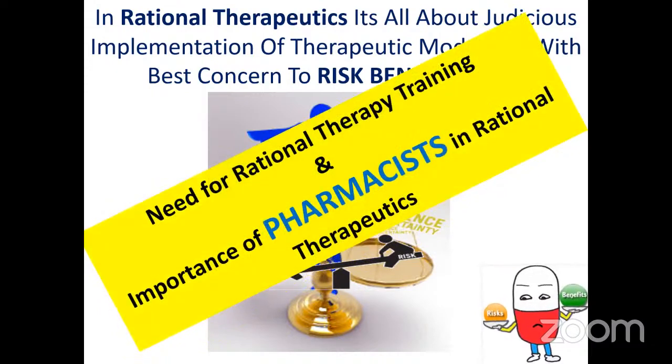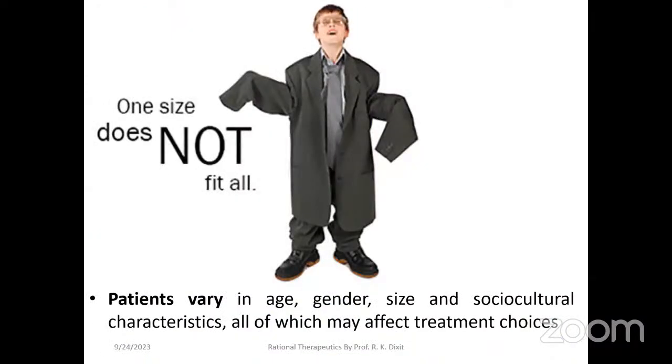Because we have to assess the risk benefit, here also comes the importance of the pharmacist in rational therapeutics. One size doesn't fit all. Every individual is individual and we need individualized therapy. Individuals are to be treated as individuals, not by a journal. Here the role of the pharmacist and other paramedical persons becomes very crucial, because if the doses written in the prescription are sometimes not appropriate to the patient's condition, then the pharmacist has a duty and a responsibility to reconfirm and recheck before providing that particular